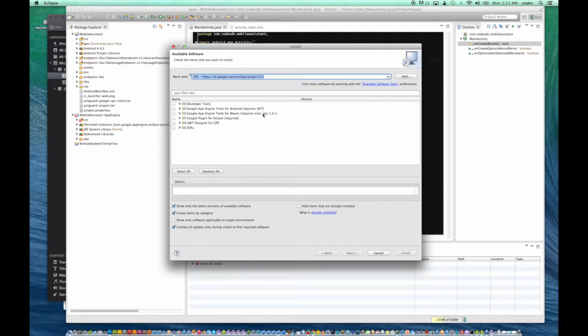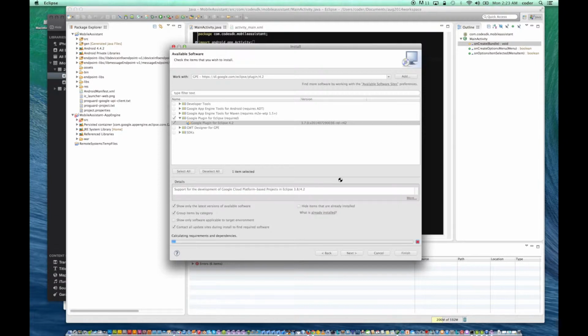So if I go back to the Google plugin for Eclipse site and select it to install version 3.7,